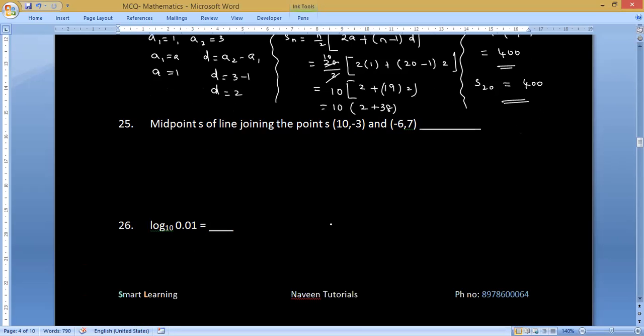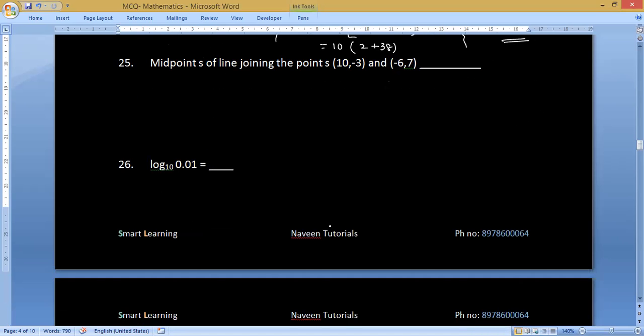So we move to the next question: the midpoint of the line segment joining the points (10, minus 3) and (minus 6, 7). First we write x1 is equal to 10, y1 is equal to minus 3, x2 is equal to minus 6, and y2 is equal to 7. So the midpoint formula is